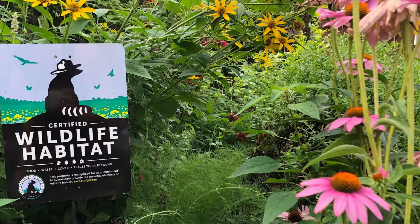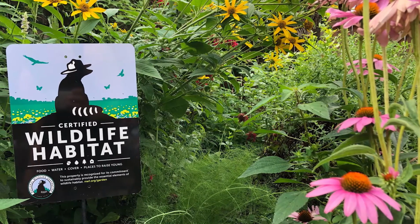You can do things like recycling your yard waste by composting it and then using that as a natural fertilizer. So there's lots of different ways that you can garden sustainably. And when you provide those four components of habitat, food, water, cover, places to raise young, and you garden sustainably, those are the five things that you need in order to have your yard or garden certified by the National